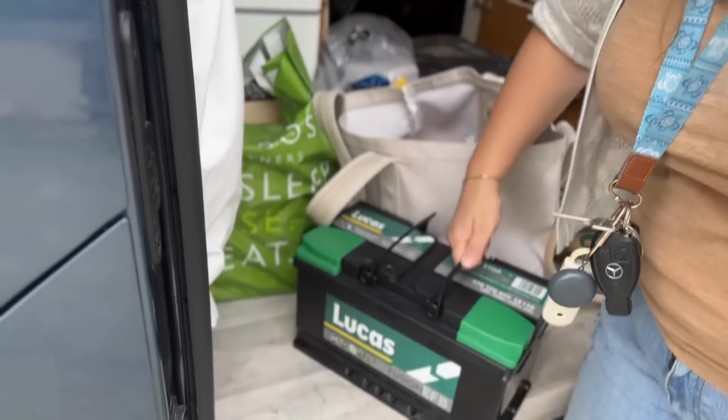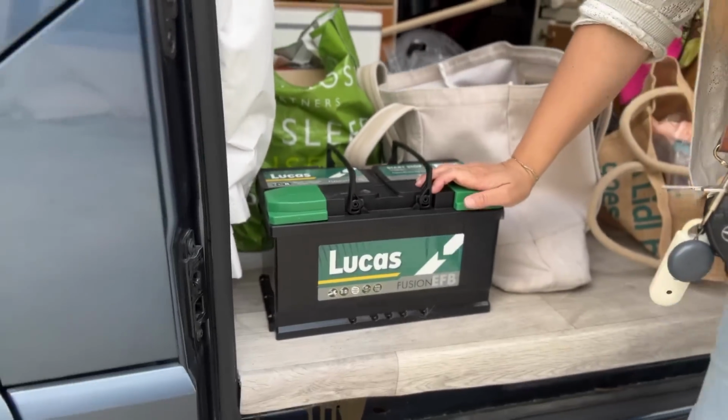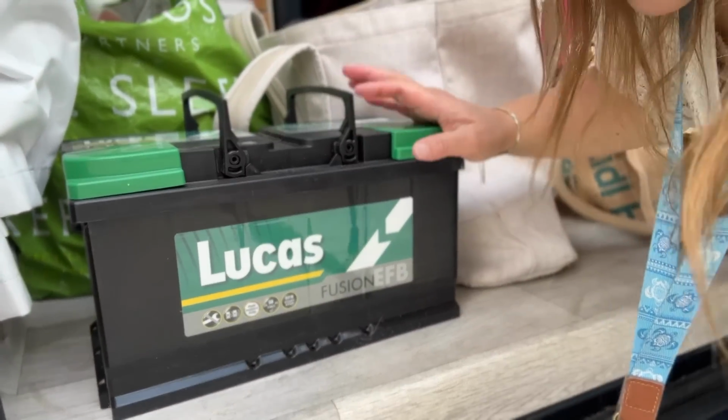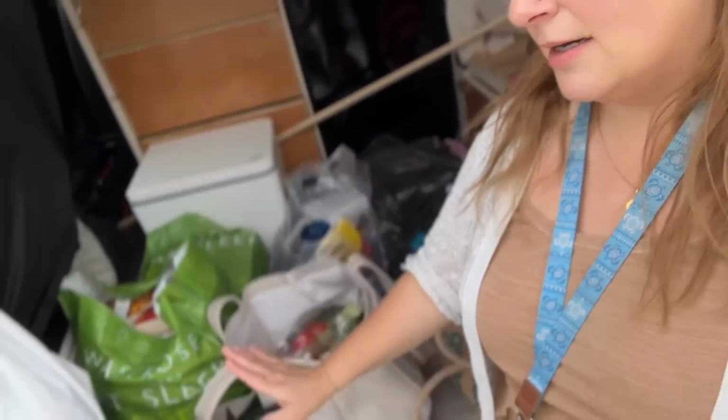So I've got this heavy beast. I've never had one of these before, it's a Lucas Fusion for a start-stop engine. And hopefully when Mel's got a bit of time today, we're gonna switch out the battery which is under the driver's seat, and I'll have to take that to the tip to dispose of carefully. And we're going to switch this one back in because I just cannot keep stressing about not being able to